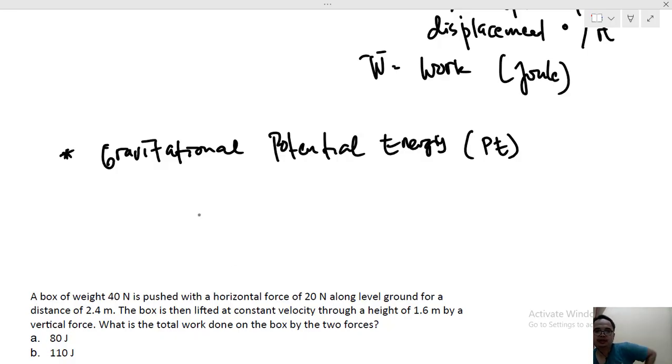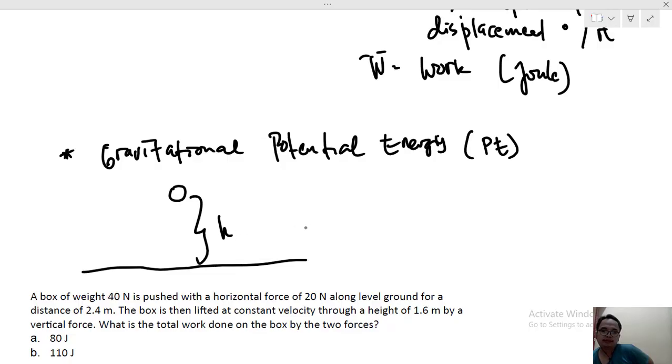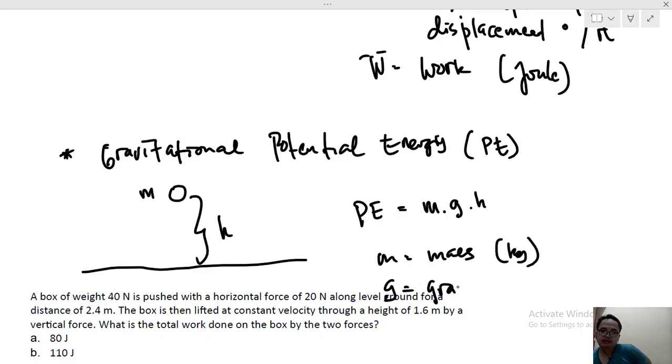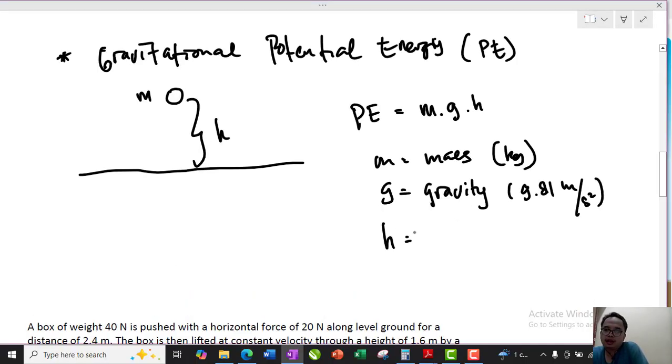For example, when there is an object at a height h from the ground, and the object has mass m, and we know that on the earth we have gravity, so the PE of the object equals m g times h, where m is mass in kilogram, and g is gravity, sometimes 9.81 meter per second square, and h is the height